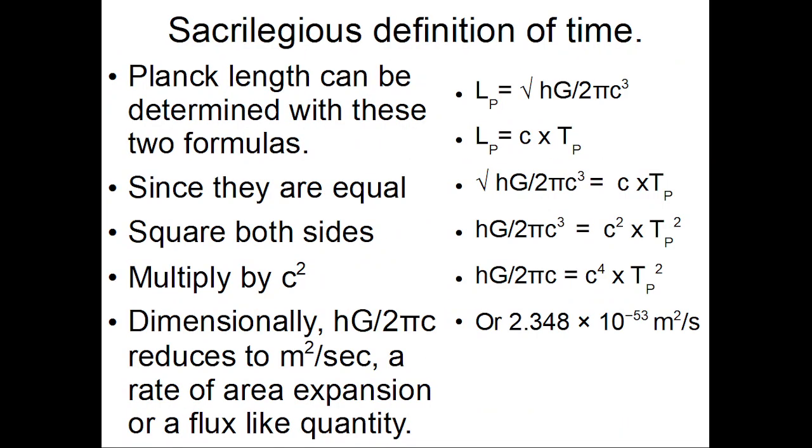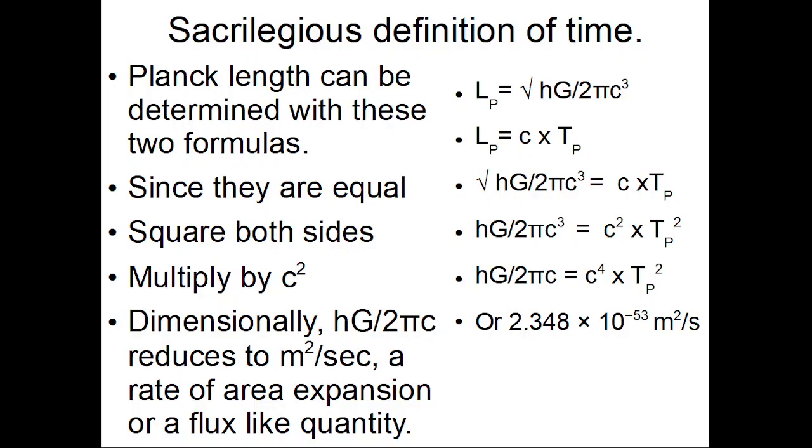As for time, we don't have a physical description except to say it's a dimension. So let's use the formula for Planck's length to see what physical time may be. The top equation on the right side uses Planck's constant, the gravitational constant, and the speed of light. The second one is just distance equals velocity times time. For velocity, I use the speed of light, and for time, I use the Planck time.